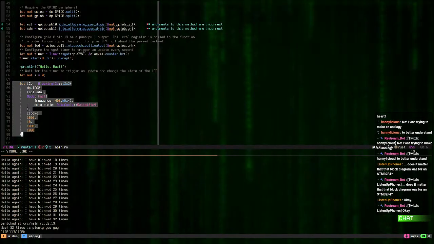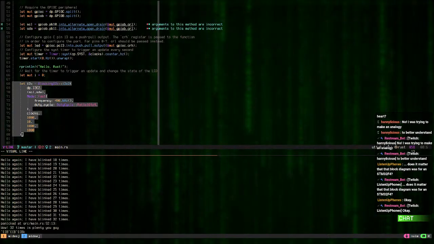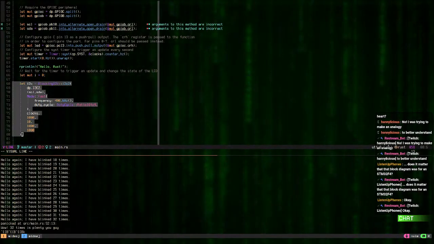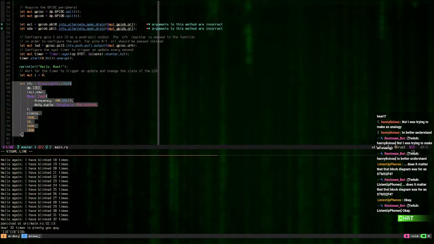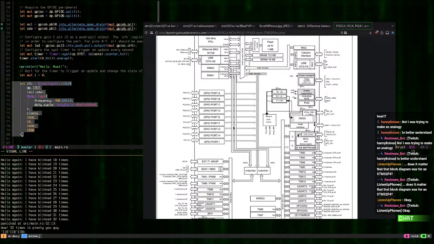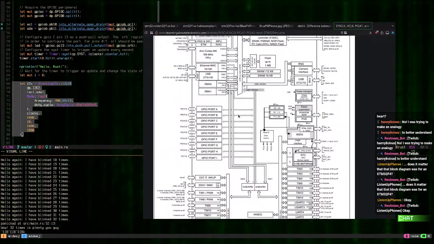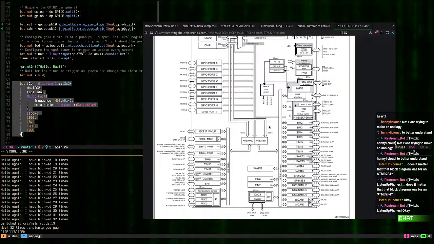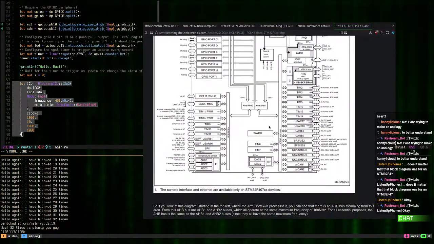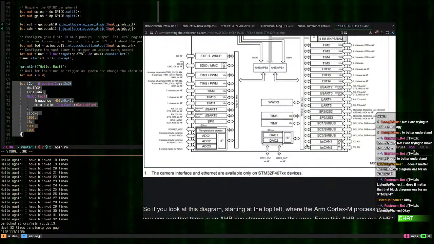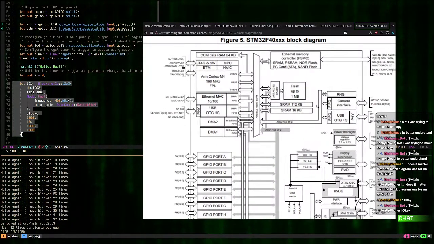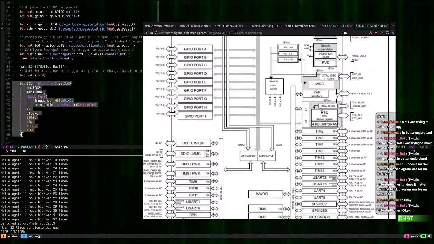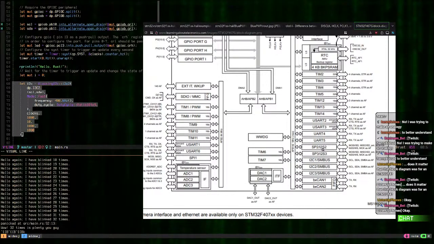This code tells us that we actually want to enable the internal, where is it? There's an internal I2C translator somewhere in the chip. Let me pull up the block diagram. Again, this is an F4, so we want to do, where is it? USART, SPI, I2C2. So there's that. See if I can open image in new tab. So there's our block diagram. It's kind of relevant. So we have power management, supply, supervision. We want to use